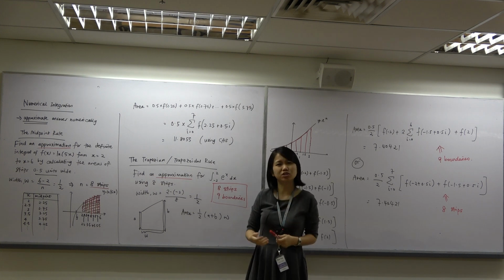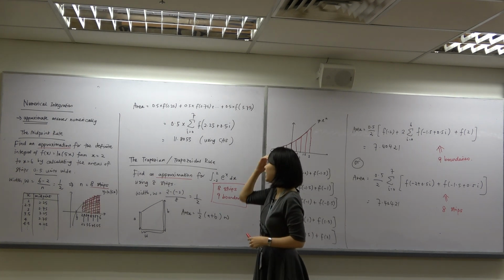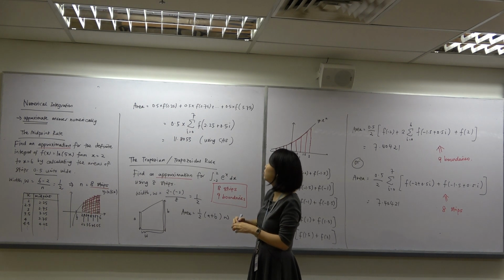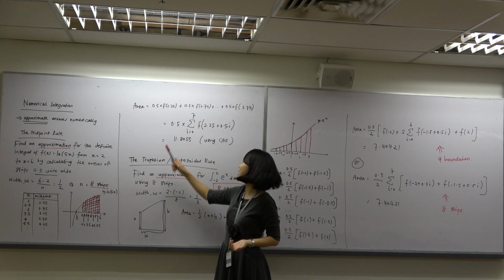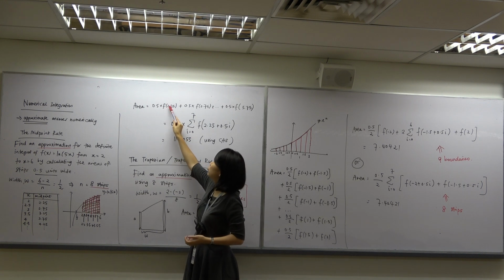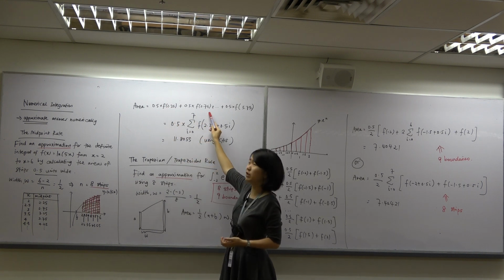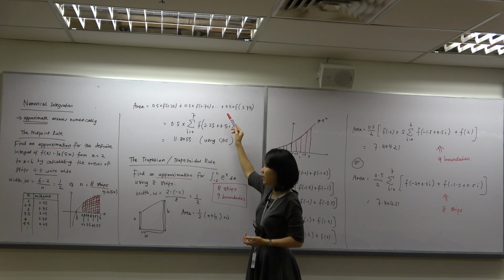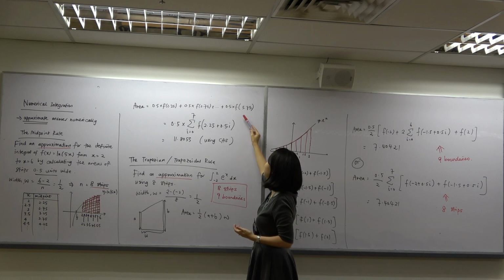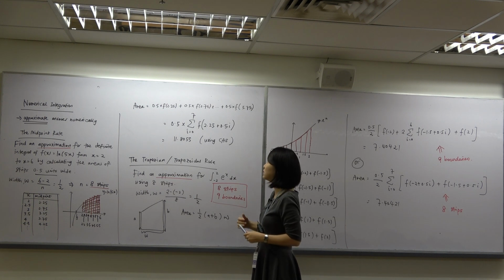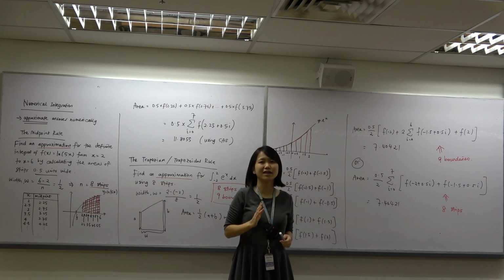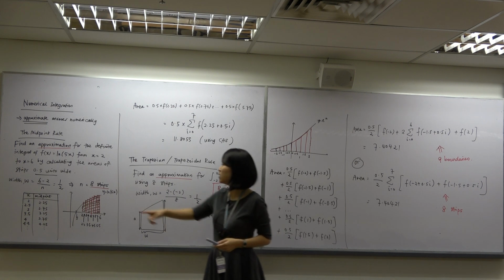So can I form a summation with this one? Definitely can. And what sort of summation can I form over here? Pretty obvious that I have got the same width all over. It is 0.5, hence I'm going to leave my 0.5 in front. So what summation do I have then at the back? It should be f(2.25) plus f(2.75) plus f(3.25) plus f(3.75), and so on up until plus f(5.75). So how many rectangles again am I looking at? I'm looking at 8 rectangles, 8 strips,